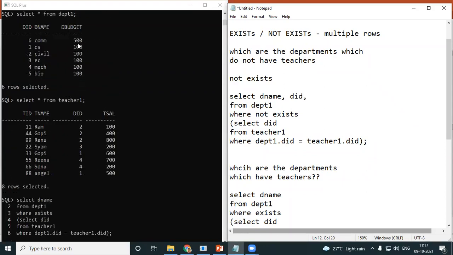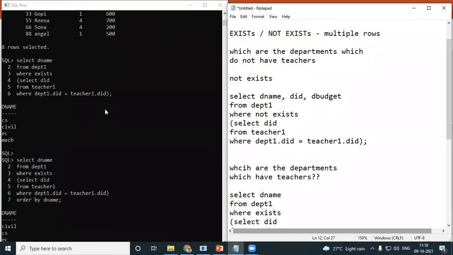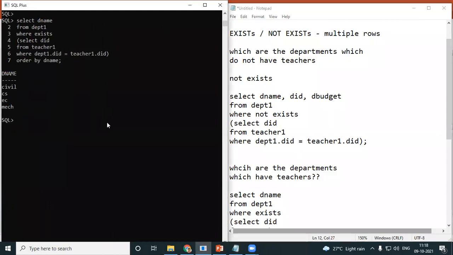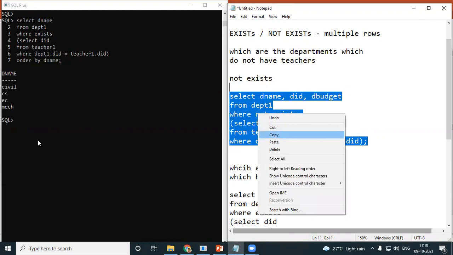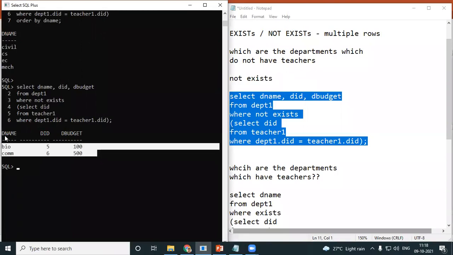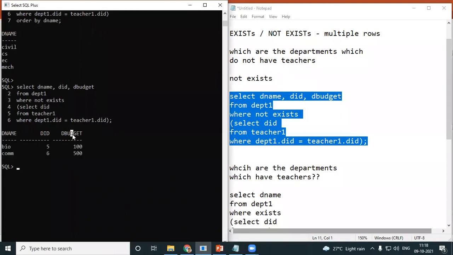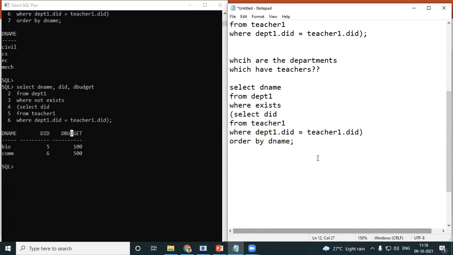I even have a D budget. Now this is a nested subquery with multiple rows and multiple columns. Multiple rows, I got the answer together with multiple columns. The same way you can even do the remaining with multiple rows and multiple columns.